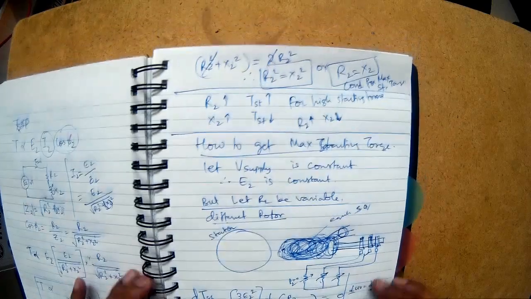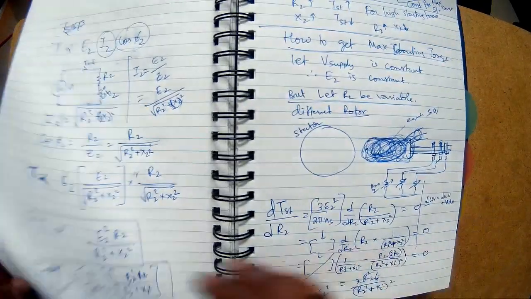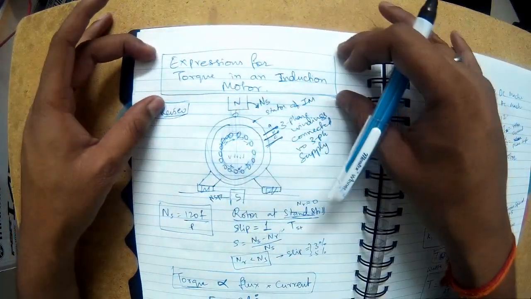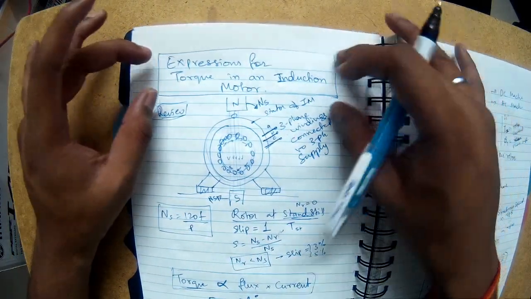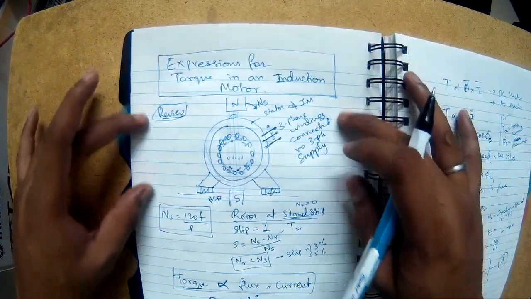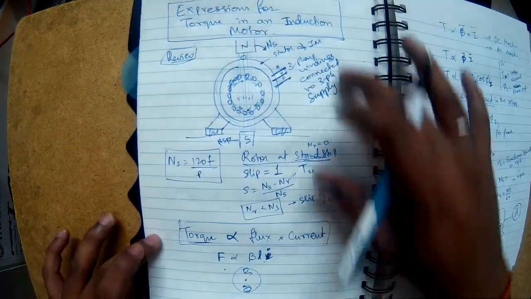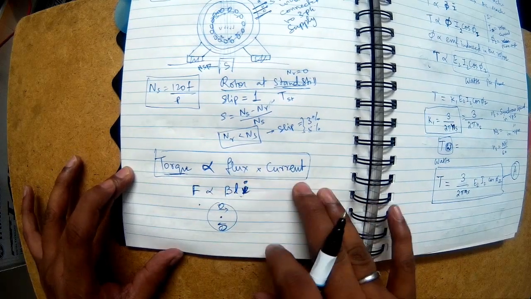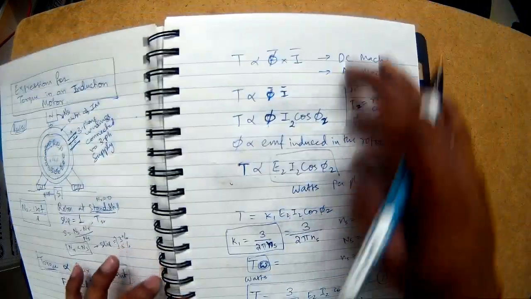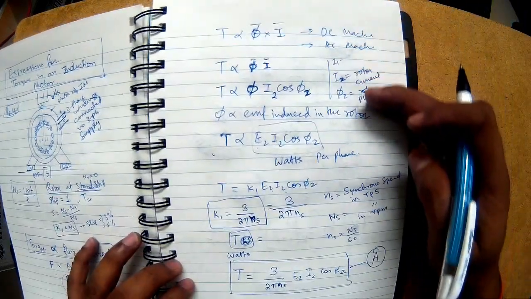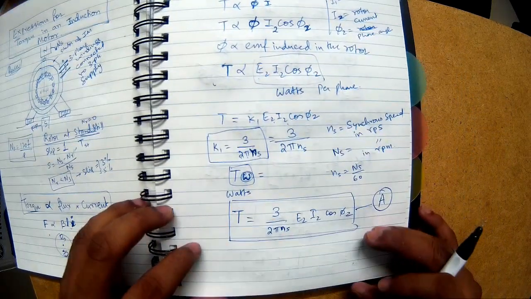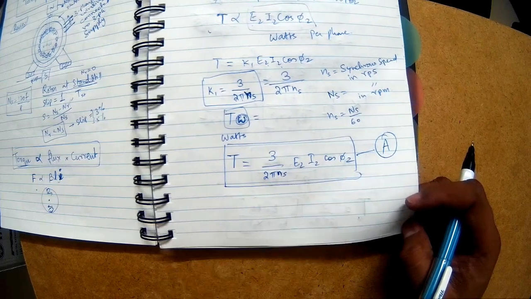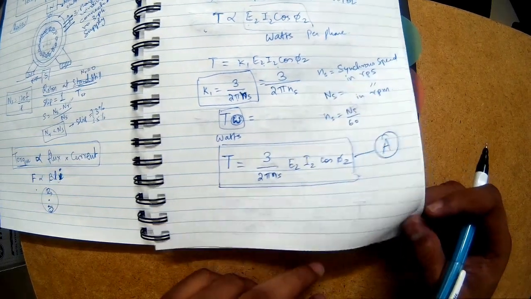Okay. So I think enough of mathematics. I started off by explaining that the objective of this video is the expression for torque. Then I gave a quick review of how the torque is generated. Then we went to the principle of torque proportional to flux and current, and I wrote down what it is in the case of our analysis, and we got one expression for torque, but then we are not happy with this expression. We want to further analyze this expression.